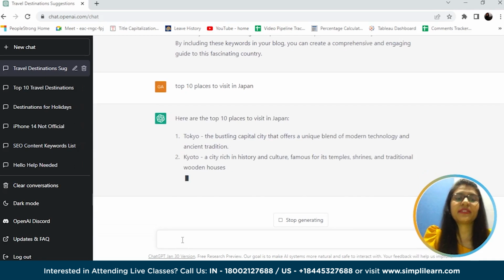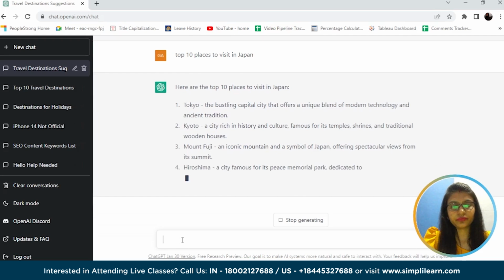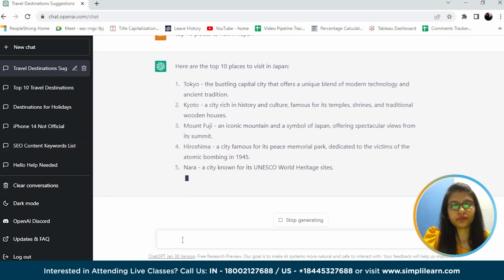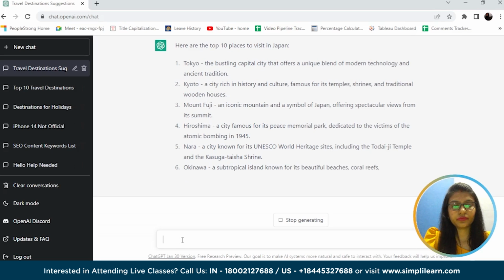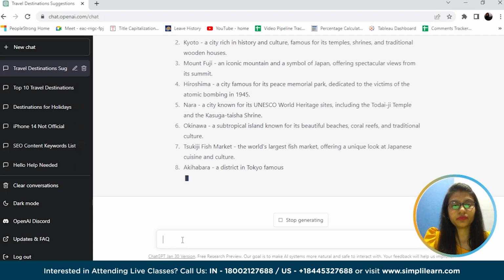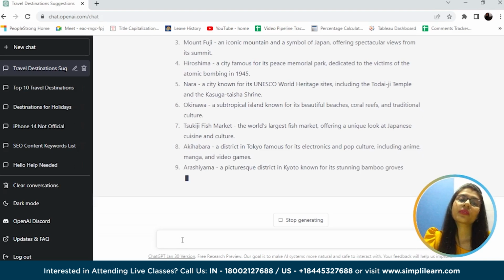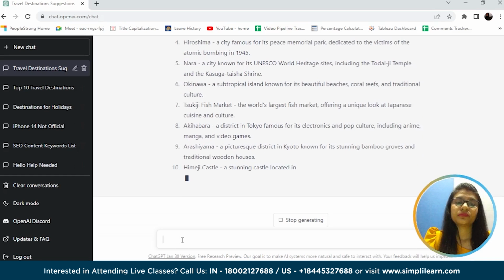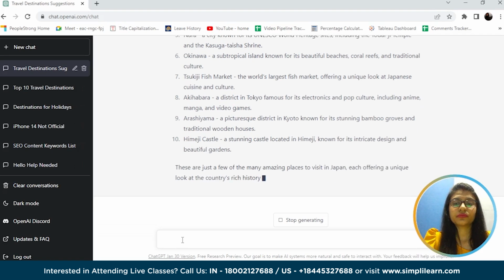Okay, so we are getting places to visit in Japan. Let's try to get keywords related to top 10 places in Japan.